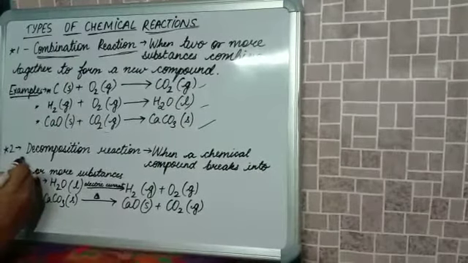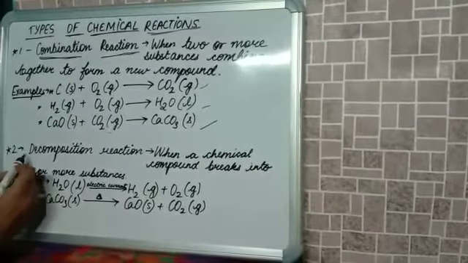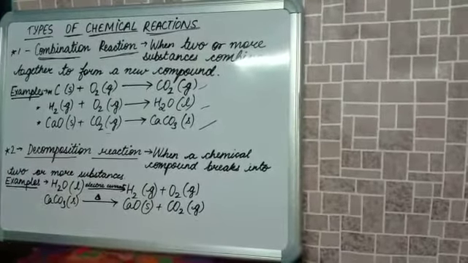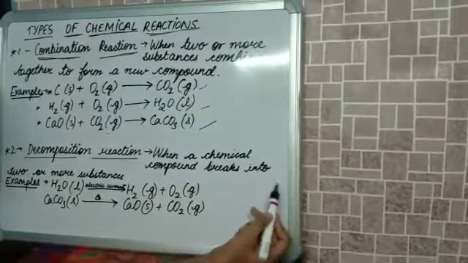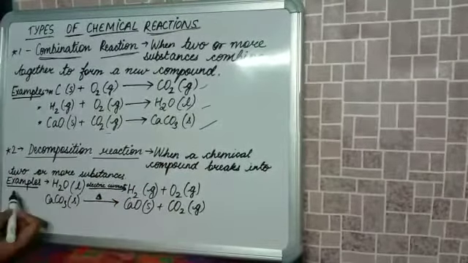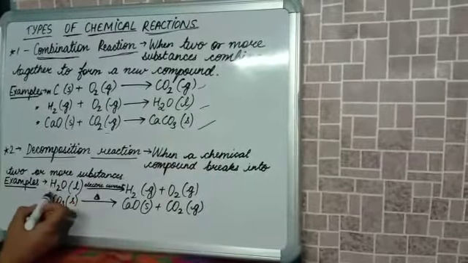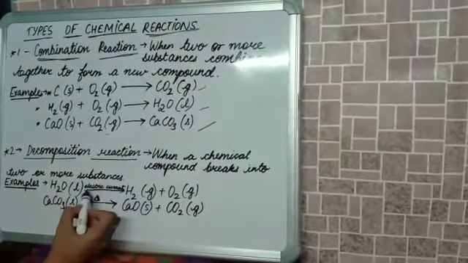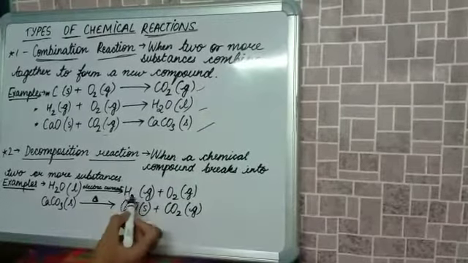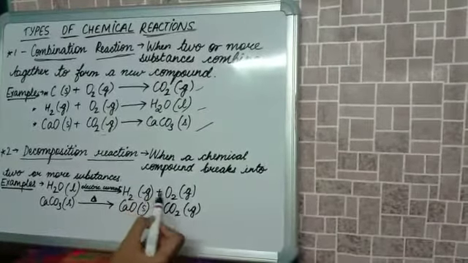Now we'll see the second type, which is the decomposition reaction. In a decomposition reaction, a chemical compound breaks into two or more simpler substances. For example, we have water, H2O. When electric current is passed through it, it decomposes or breaks into hydrogen, that is a gas, and oxygen, that